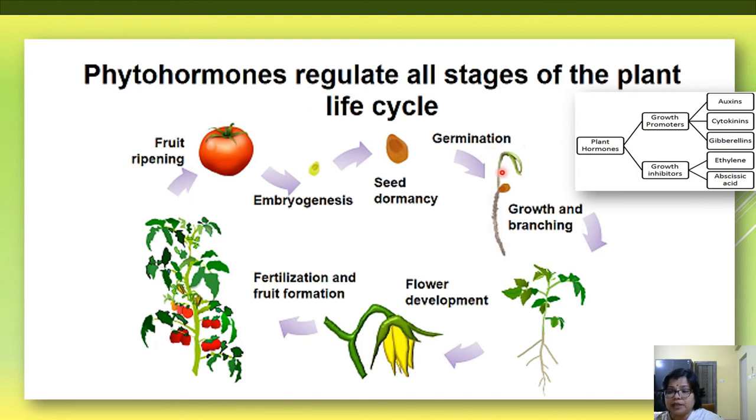Now, after germination, how does growth take place? It is carried out by cell division and cell enlargement. Cell division is promoted by the increased concentration of auxin. Auxin helps in cell division and also induces apical dominance, that is, the activity of the meristematic tissue which